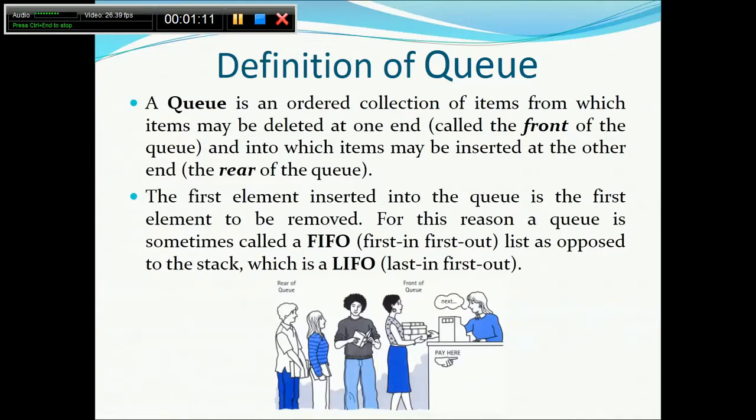Now I will take a very normal example. Suppose it is a ticket counter, or you are at a shop, or a railway ticket counter or movie ticket counter. Generally we have a line. Any person who wants to join that queue or line joins at the end. Insertion always takes place there; the addition of new people is always done at the end of that particular line or queue. We call that end the rear end because insertions are done from that end.